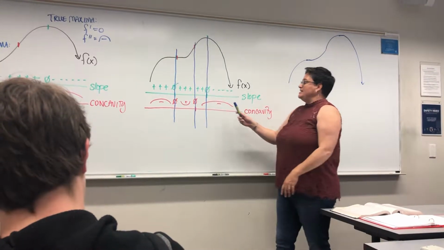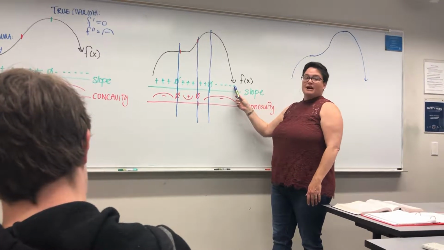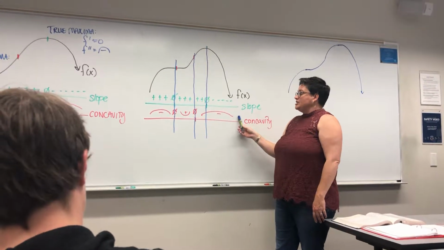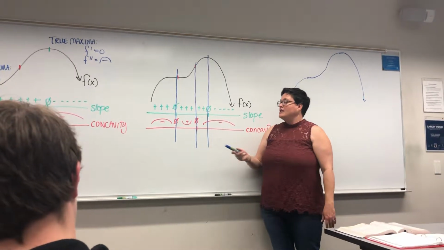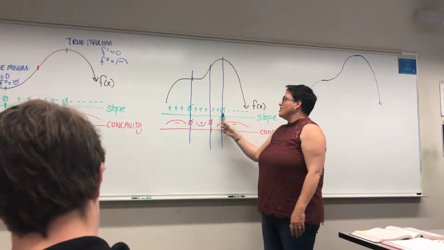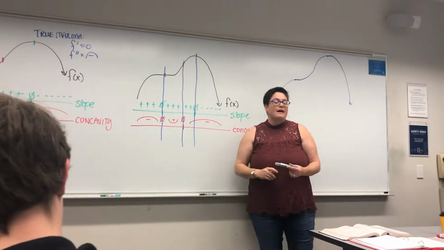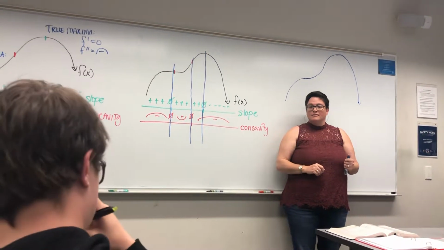Because if we shove anything in this region into our slope, we should get a negative answer out. And if we shove anything in this region into our second derivative, we should get a negative answer out. So that's kind of what we're talking about here. Test values between our critical values allow us to create some kind of slope and concavity profile. So far, so good, guys? All